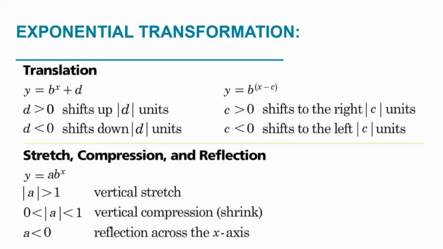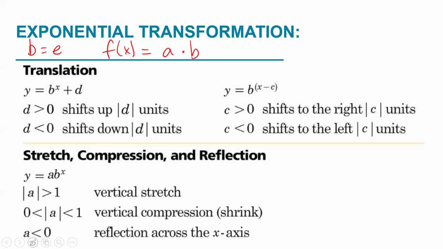Okay. Our exponential transformation applies to all exponential functions, but in particular to these notes, we're letting b equal e. Okay. So if we're letting our base equal e, the transformation rules that we're following are f of x equals a times b